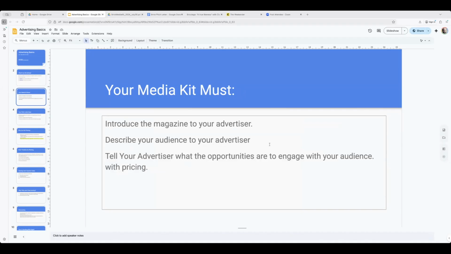I also encourage people wherever possible, and you saw this in the brick example, to include as many pictures as possible with people engaged with the magazine, reading it, giving it to a friend. If you're at an event, if you're at Word on the Street or somewhere like that, take lots of pictures of that and include those in your media kit to really bring the publication alive for folks.